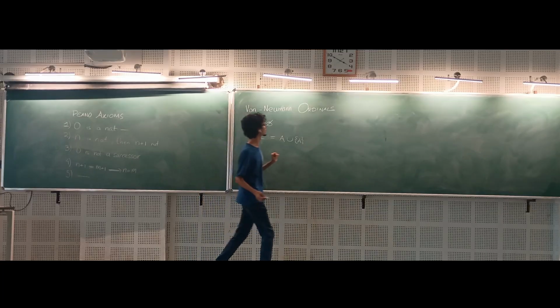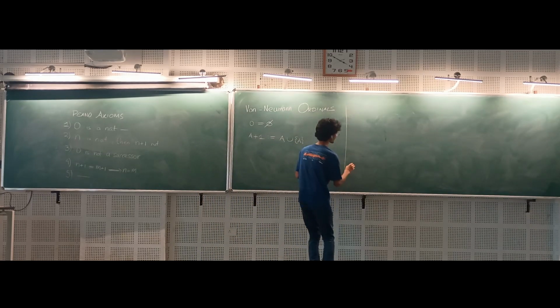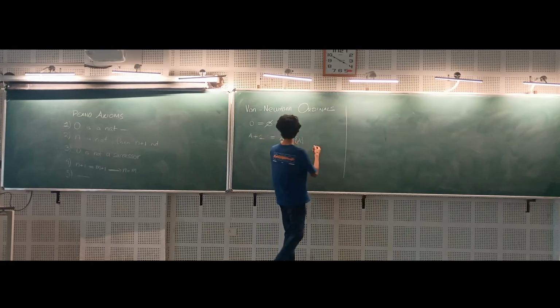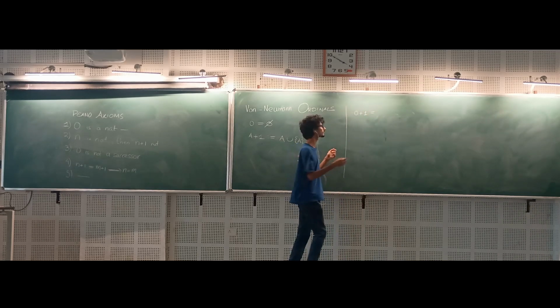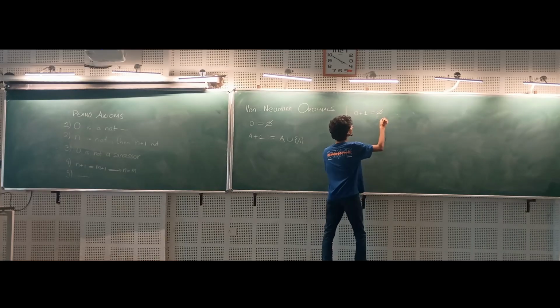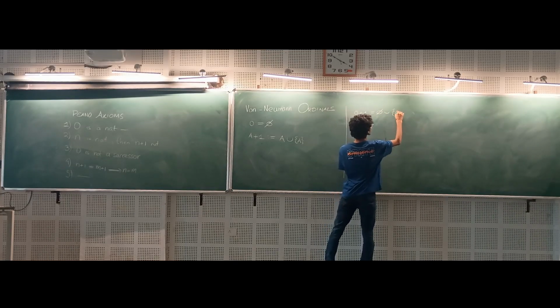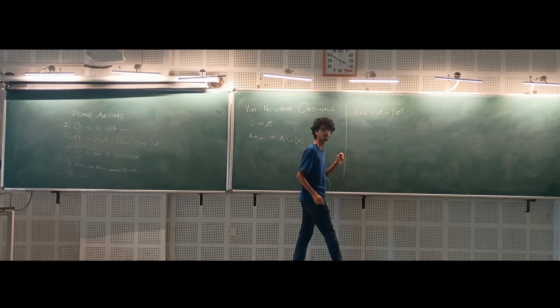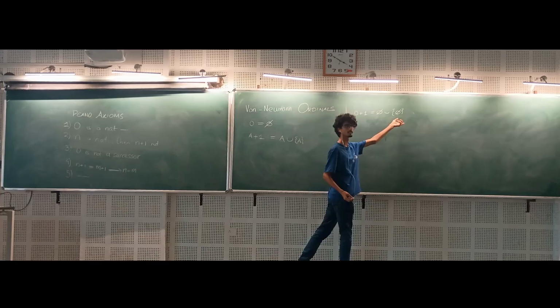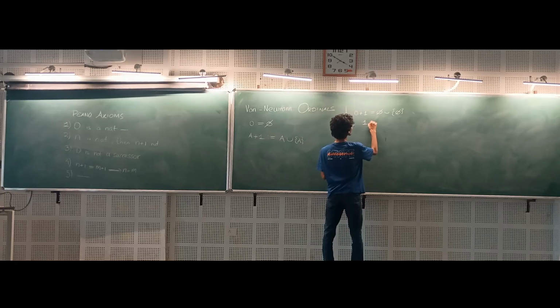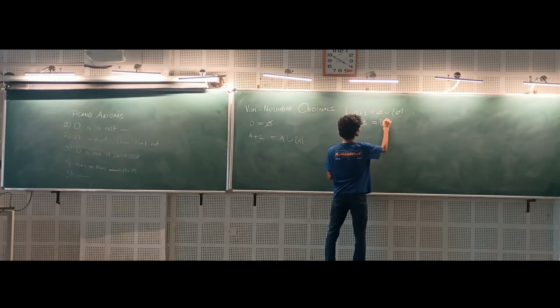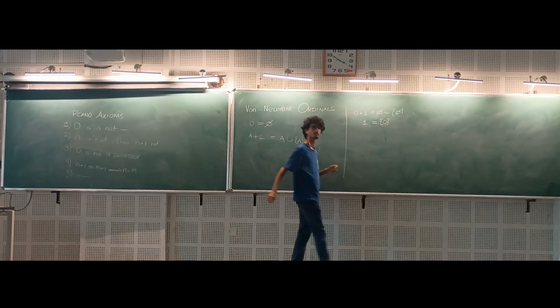Before going to the other axioms, let's see how these numbers look. 0 looks like phi. How does 1 look? 1 is 0 plus 1, so by definition it should be phi union singleton phi, and phi union anything is just that, because there is nothing in phi. So 1 looks like singleton phi, but instead of writing singleton phi, I'm just going to write 0. Okay,